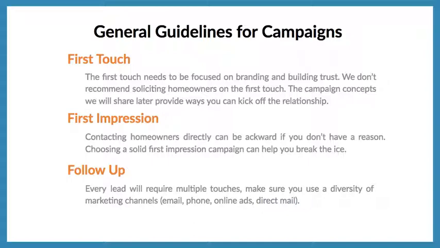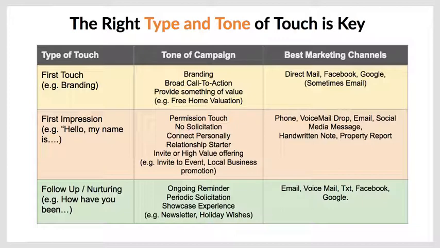So if all you're doing is emailing with no phone calls or voicemail drops or anything like that, it could fall short of what you want to achieve. It's important to understand that the right type and tone of each touch is key. Type and tone means you want to make sure that when you're communicating to a homeowner, you're not overstepping your bounds. If they've never heard of you or they don't know you, then obviously any sort of solicitation could come off wrong. So you want to build a relationship by creating a nice first touch, a good first impression,